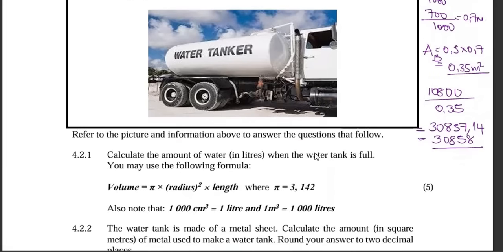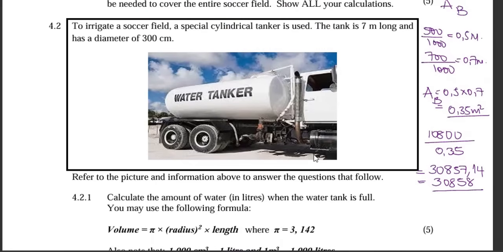Then, look here, they have already given you that 1,000 cubic centimeters is 1 liter, and 1 meter cubed is 1,000 liters. For us, we need to know how many liters the tank will hold. But before that, they have to be in the same unit. I would prefer we change everything to centimeters. So the length of the tank becomes 7 times 100, which is 700